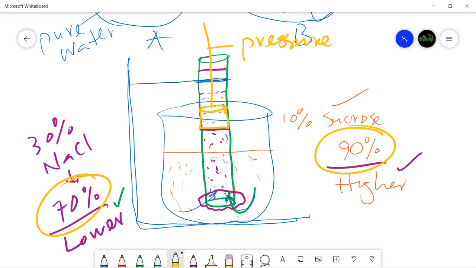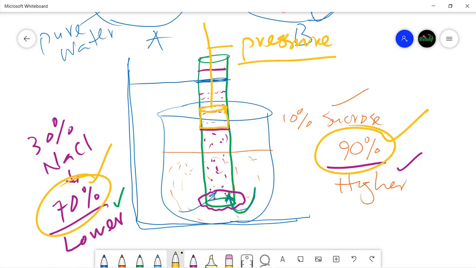I repeat again, these values are just assumptions, and this is just to illustrate the concept. These are not actual values. So we have 90% chemical potential inside the beaker. Water is trying to enter the tube because the chemical potential is 70%, but we do not want the water to enter the tube. So to stop the osmosis or to bring it to equilibrium, we would apply certain amount